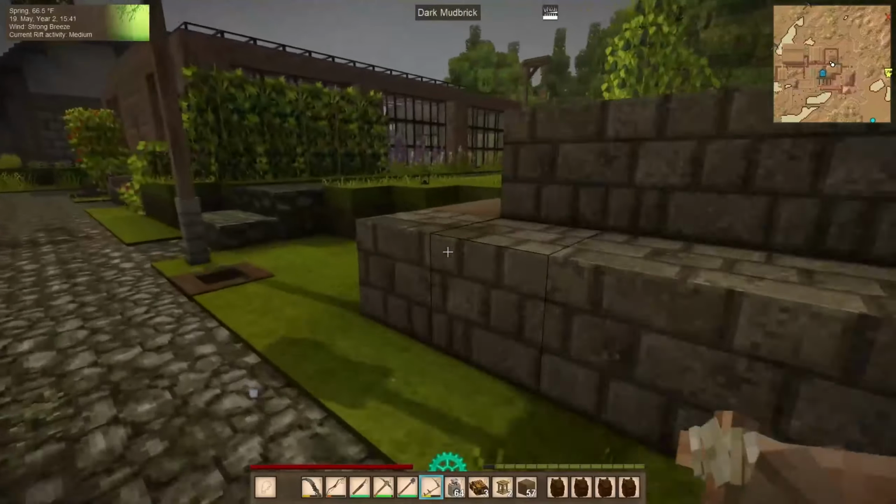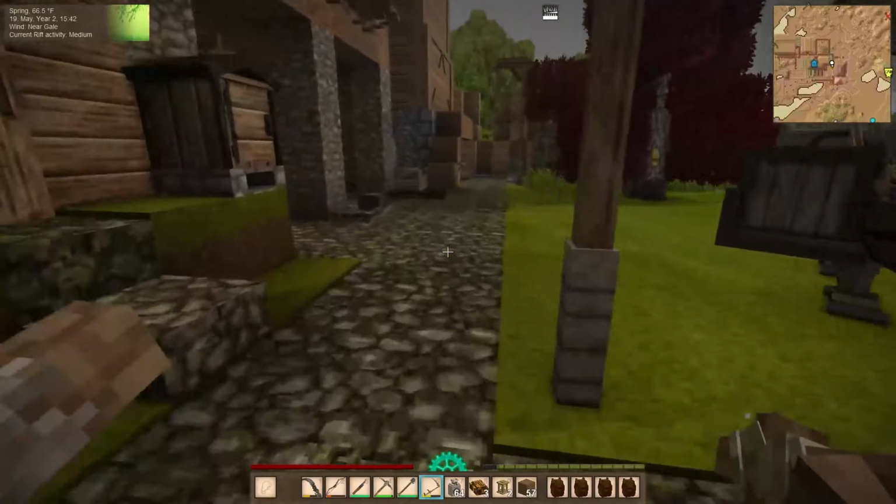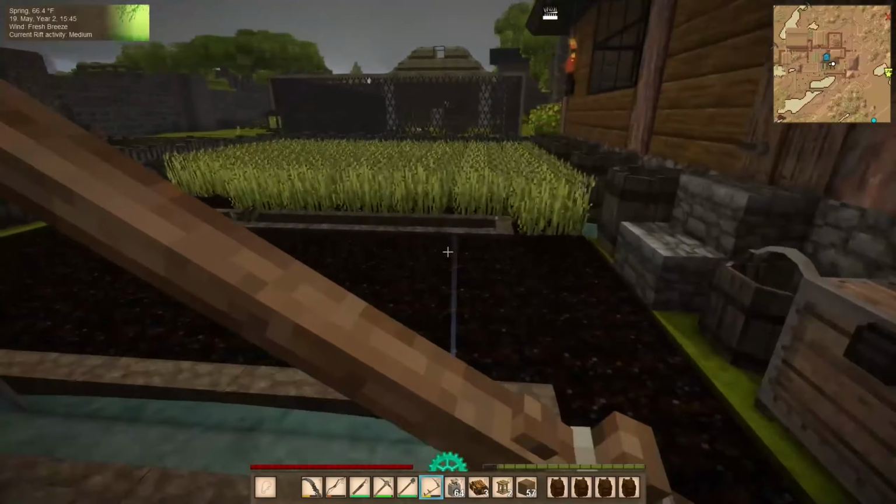Oh, and I filled up the charcoal pit and ran it, so we now have plenty of charcoal. We can actually afford to make a little more steel. So that's also going to be on the...